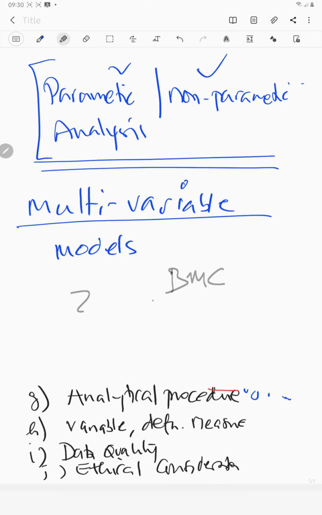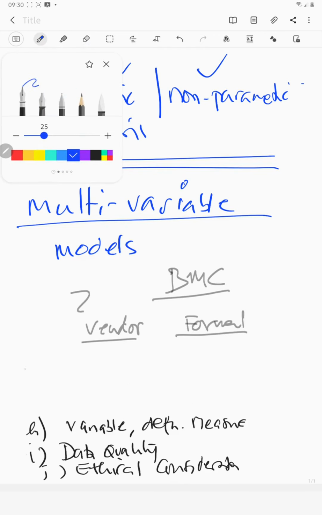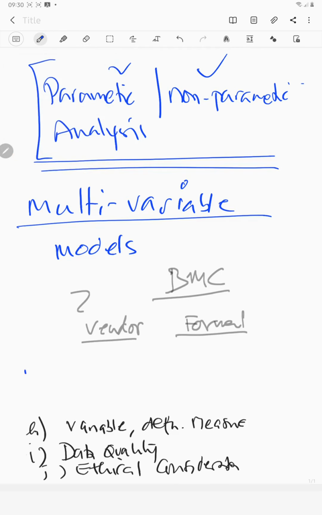Now, the BMC choice is either, let's assume the person chose the vendor or the formal market, and assuming that the area has maybe two types of market. Now, when designing a questionnaire, he said